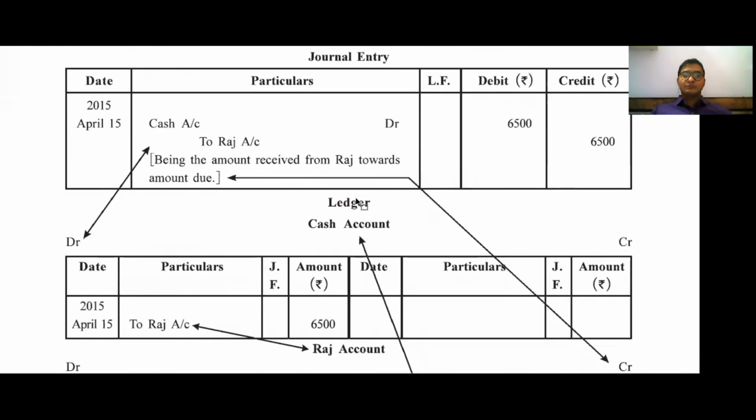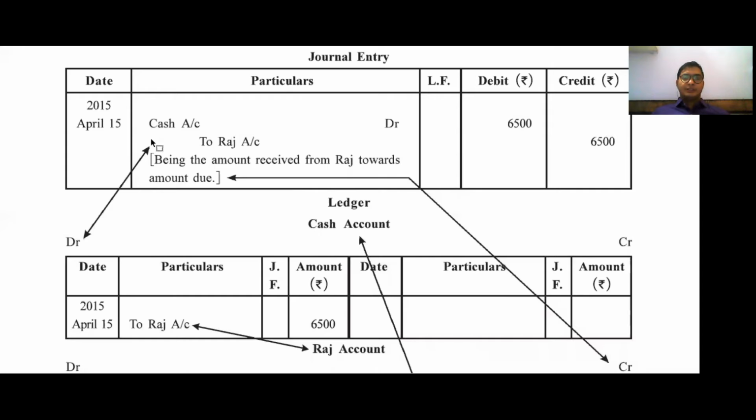Now, to record or post the entry into these accounts, we have prepared two accounts. To post in these accounts, the rule is, first of all you have to write date, then amount, then name of opposite party. First of all you have to record date, amount, name of opposite party. Okay,